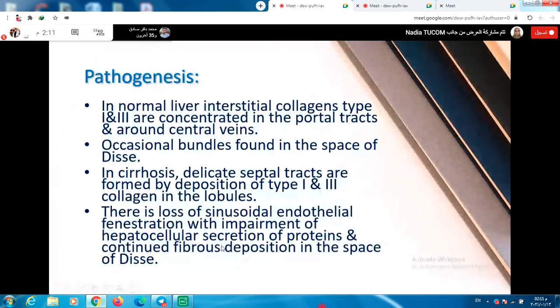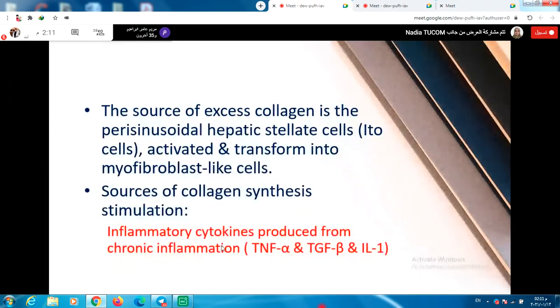With the continued fibrous deposition, there are more features of obstruction of the blood flow and retention of biliary secretion. The source of this excess collagen is the perisinusoidal hepatic stellate cells, or Ito cells,